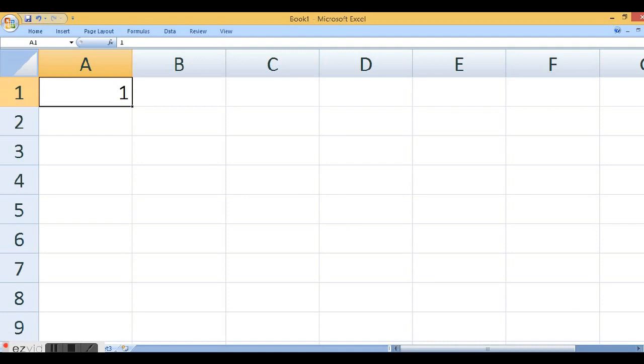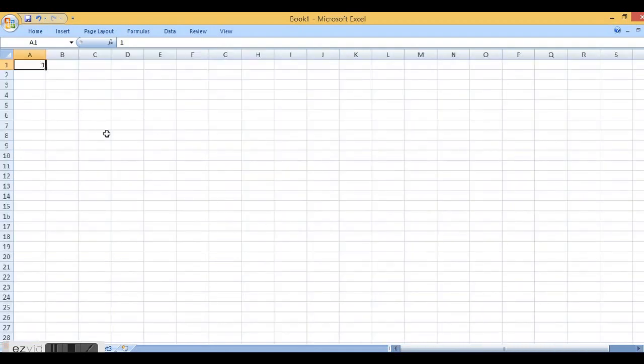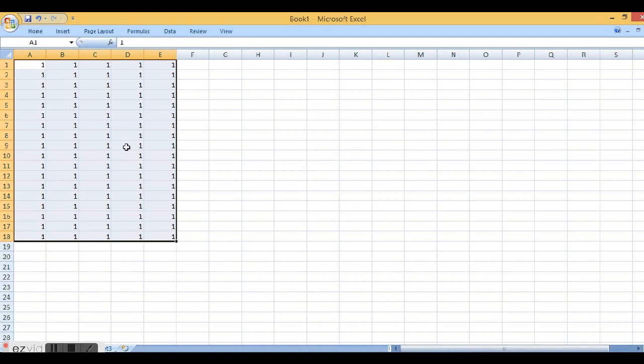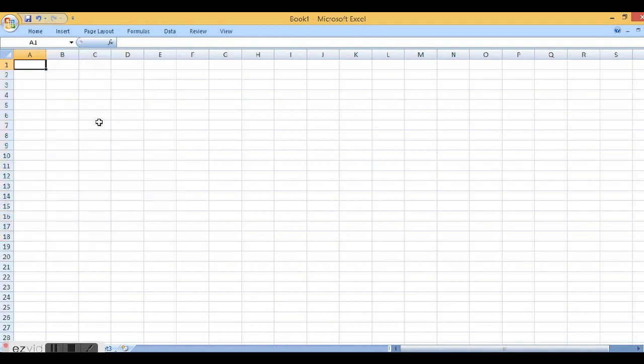Now there are multiple ways of filling data. I am going to fill this data up to 18 by selecting the cells up to 18. Selected, press Ctrl D. It fills the data automatically, but it's not going to fill the sequence. It copies the same data, so it is not effective. If you want to fill to the right side, select the right side area and press Ctrl R. Ctrl R will fill the data to the right. For example, 1, select right, Ctrl R, it will fill 1, 1, 1 in the selected area.